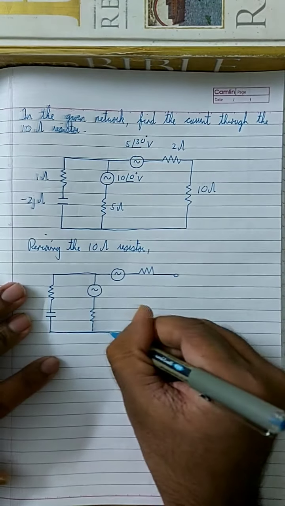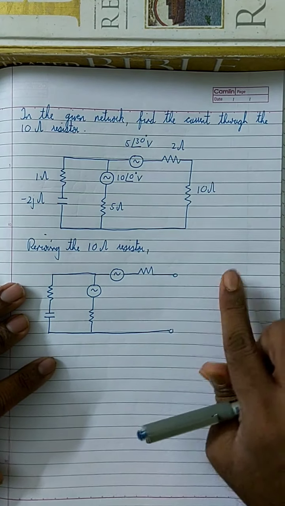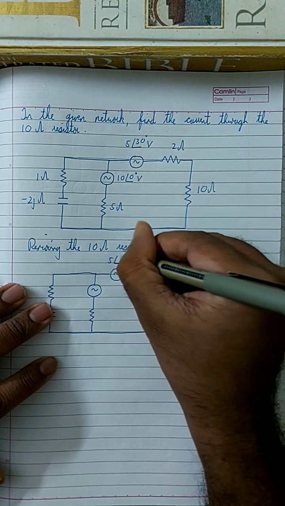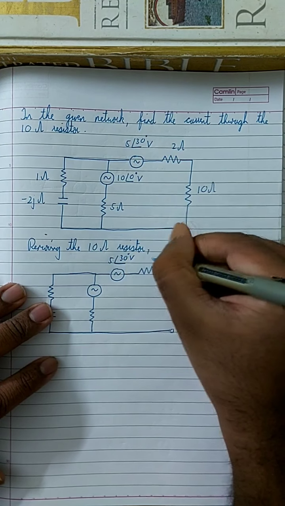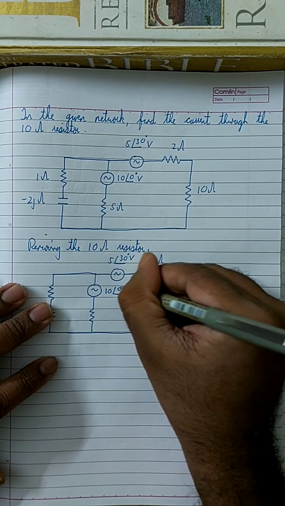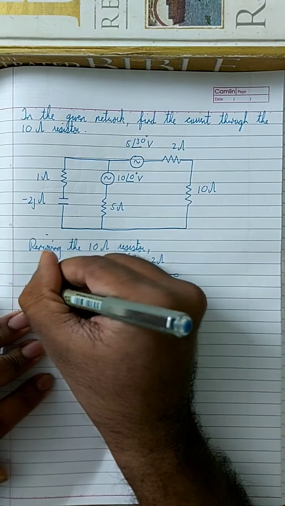Now I have removed this 10 ohm resistor. The rest of the circuit is the same. 2 ohm, this is 10 angle 0 degree volt, and this is 5 ohm, this is 1 ohm, and